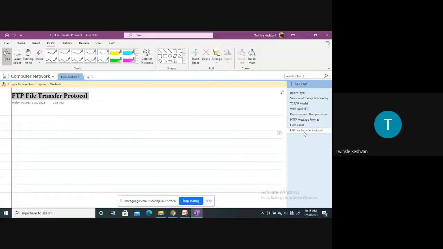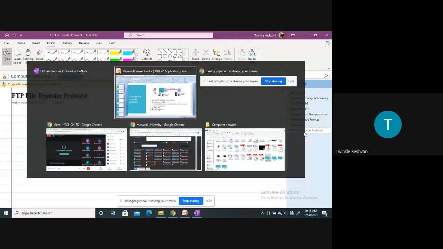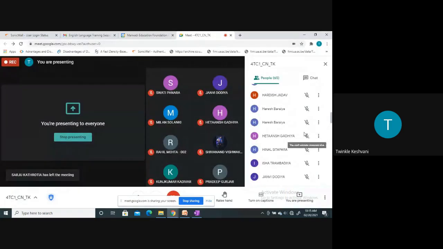Then after that we started FTP, that is File Transfer Protocol. I have given one task to complete, that you have to write the difference between HTTP and FTP. So can anyone let me know? I think everyone must have done it. Can anyone tell me a difference? What is the difference between HTTP and FTP?